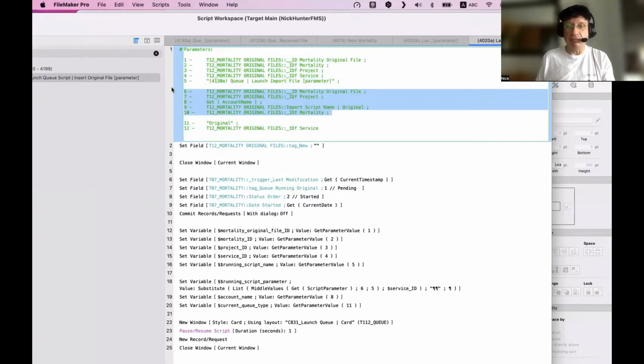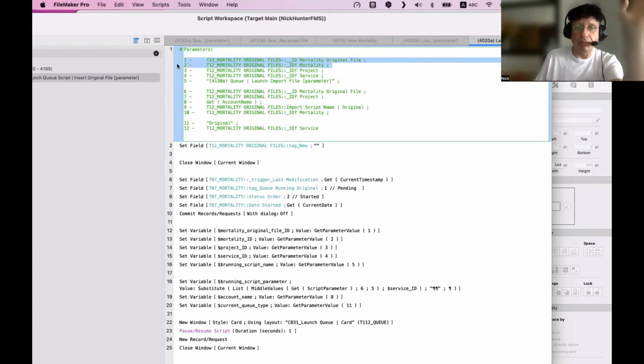And I said, from parameter 6, I want 5 of them. So from the 6, take 5: 6, 1, 2, 3, 4, 5. Boom. Those are my parameters. I don't care if I already have them, because I need them to be so.